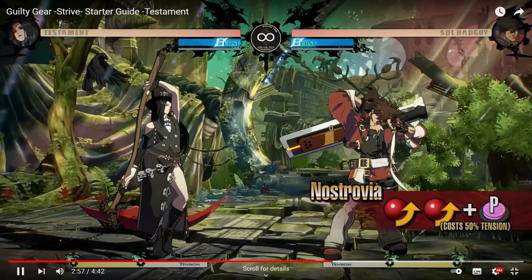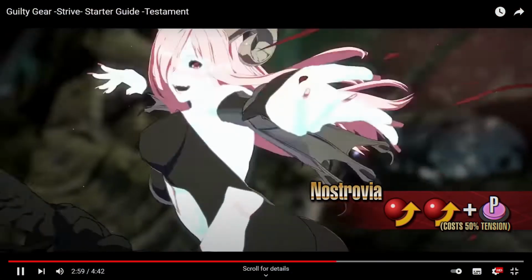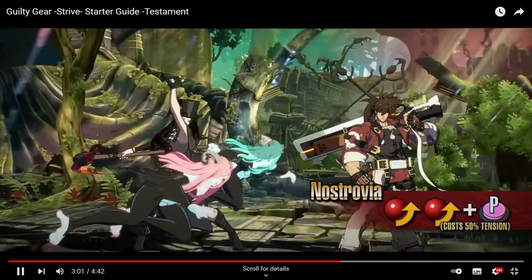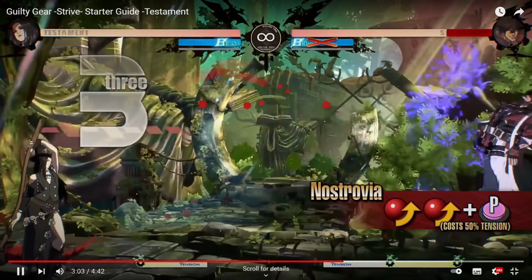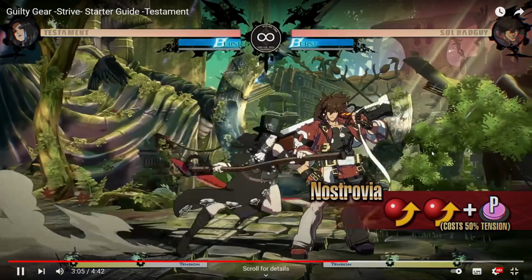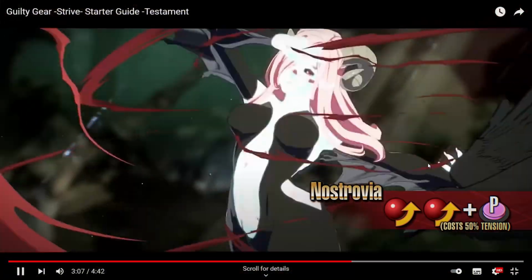Testament summons a succubus who performs powerful attacks. Now this move, I'm gonna pause it before it even comes out. This, to me, is the most craziest thing in this starter guide. This looks ridiculous. The move damage isn't crazy impressive, but pay attention. It puts the stain state on the opponent, has quick startup, and it also, as he's saying now, it recovers really